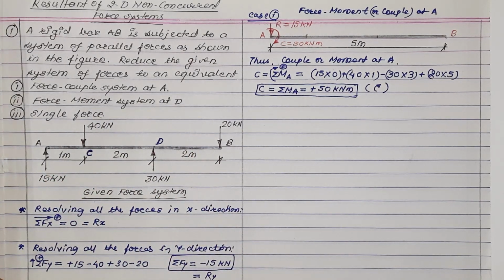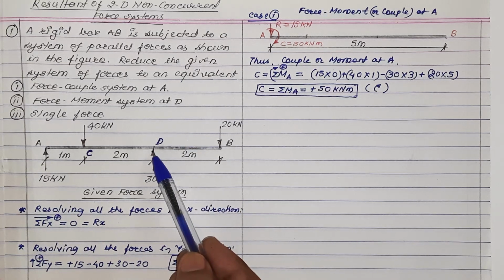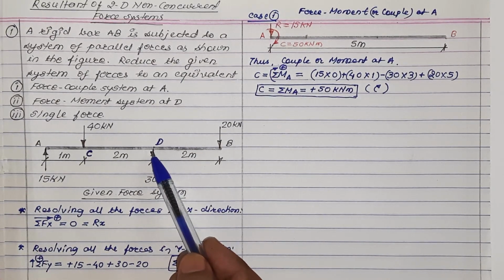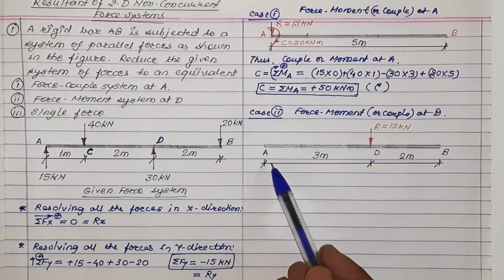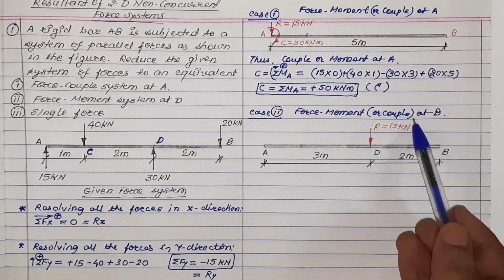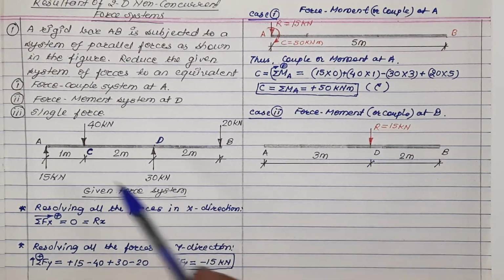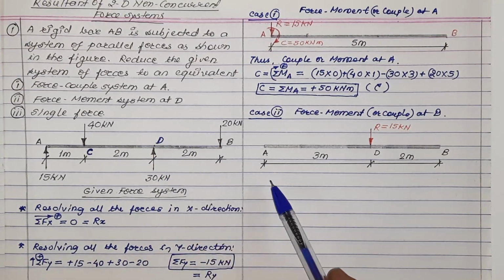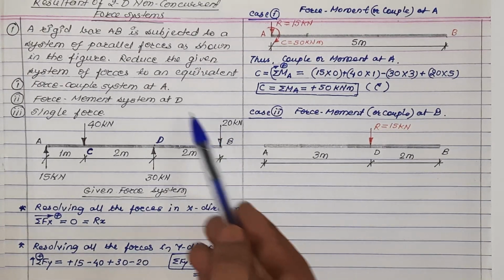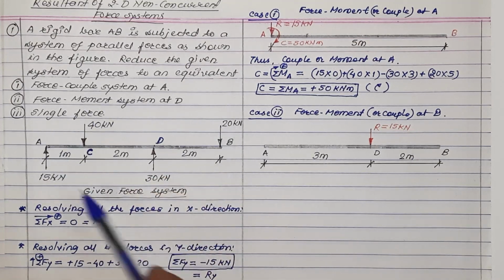Alright. Now case 2 is replacing this given force system by force moment at point D. In this case D will be our moment center. So let us draw second diagram for this second system. Thus this is a diagram for the second case. AB is the rod and resultant, that is the single force, is shown at point D. But we have to find out whether these four forces will produce any moment about D. For that we have to find out the algebraic sum of moment of all the forces about point D. Okay, this will help us to understand the effect of these forces at point D.